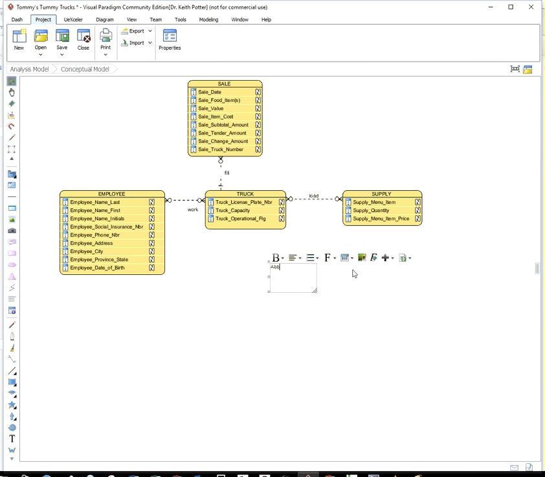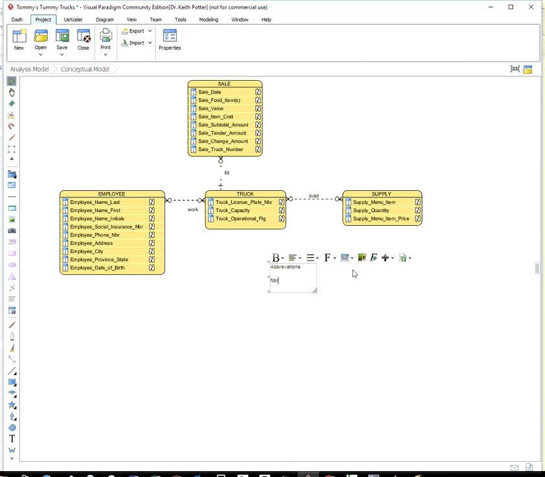So this one is going to be for abbreviations. Press Enter to go to a new line. If you have a long line, break it up by pressing Enter at appropriate amounts so that your text annotation doesn't become too large for your screen. The first one we're going to use is